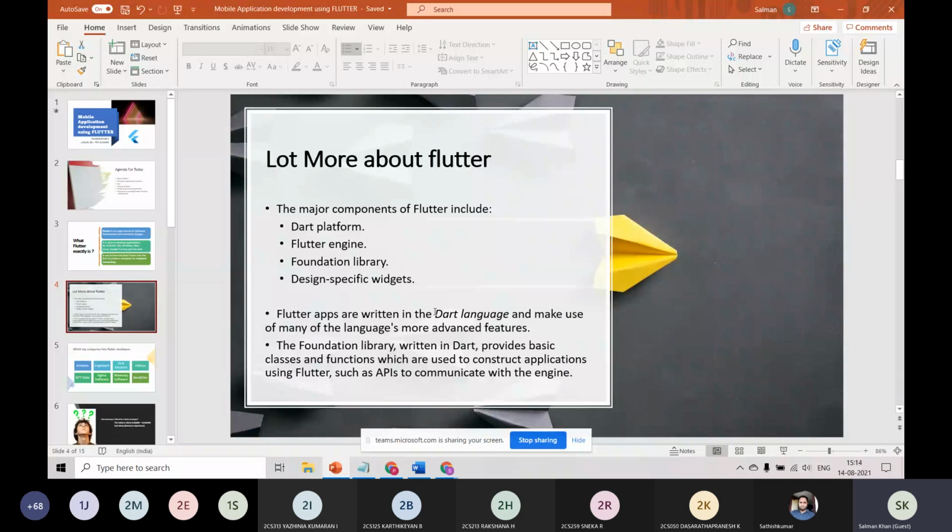What does Flutter exactly do? With the help of the Dart code, the Flutter engine compiles for native applications. For example, if you write a single Dart code and use Android Studio for Android application development, it will convert automatically into Java code. And for iOS development, it will automatically convert it to Swift or Objective-C, any type of iOS language which is being used. So that is why Flutter is most preferred nowadays, and the demand for Flutter has increased.